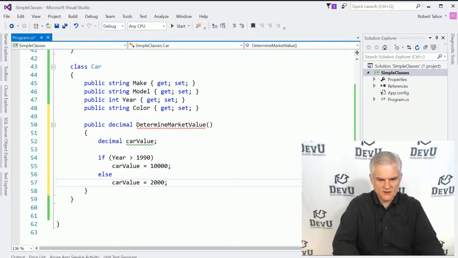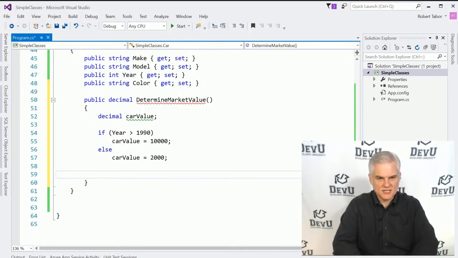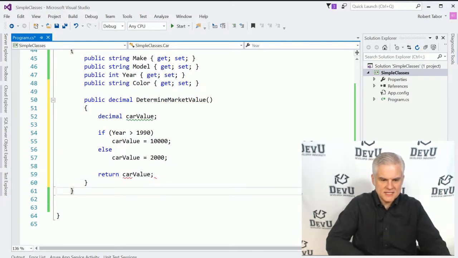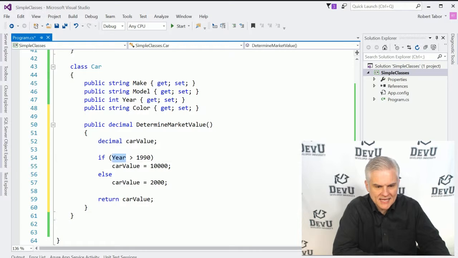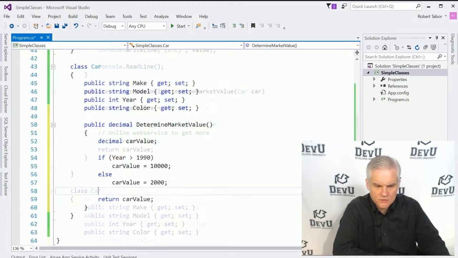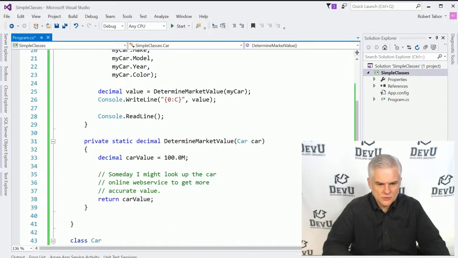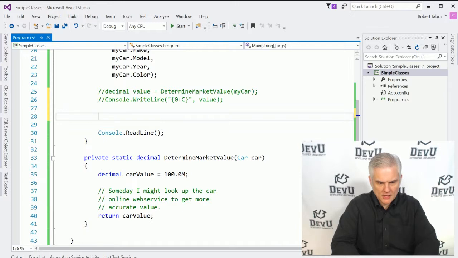All right. So this is a very, very overly simplistic example, but we just want to demonstrate the fact that inside of an instance of the class, you're going to be able to access its properties. Okay. So we're able to access the current car's year in order to determine its value. And so in this case, what I'll do is let's comment this out and comment that out. And here we'll go